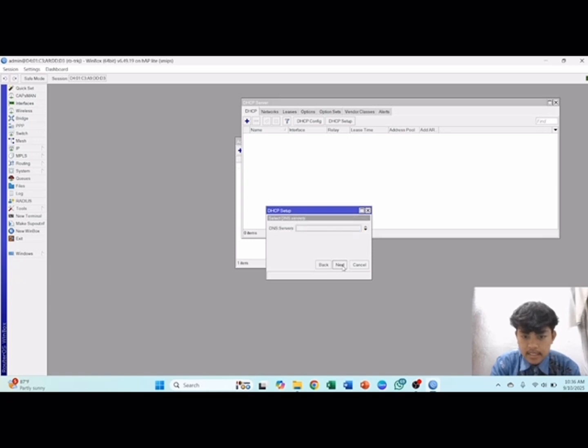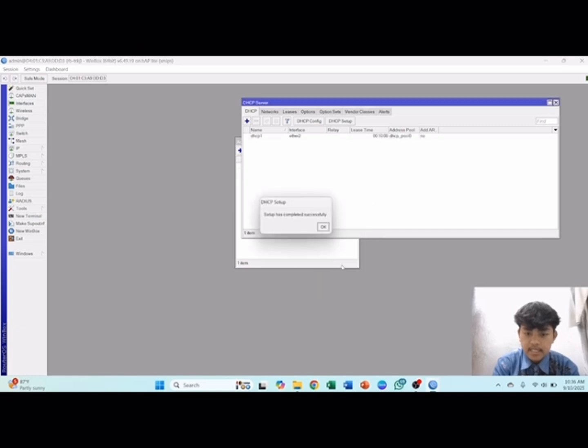Next, the DNS server we set to 8.8.8.8, and then next. Okay, successfully.